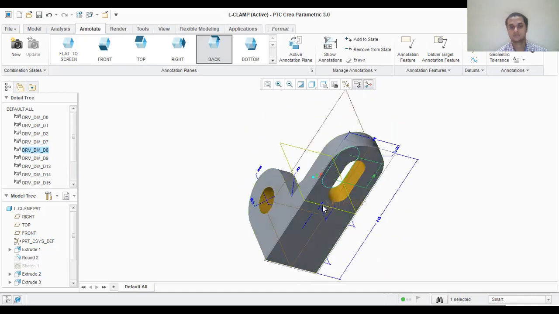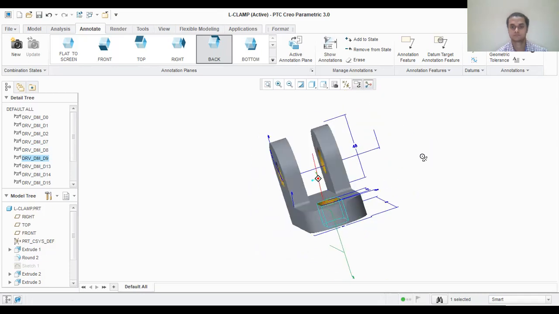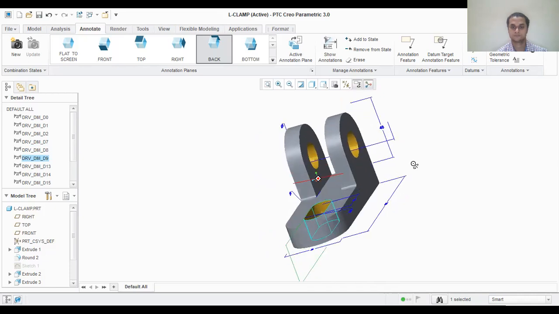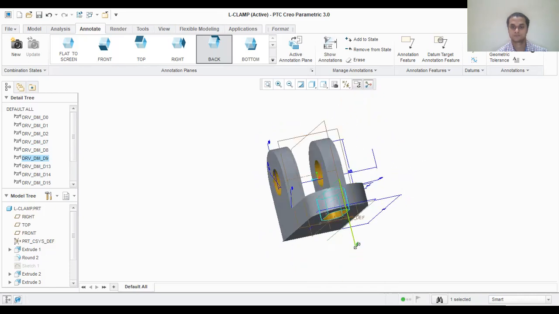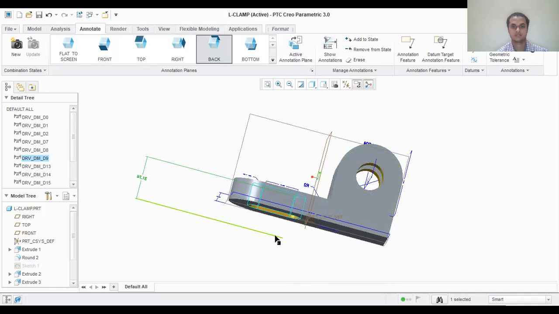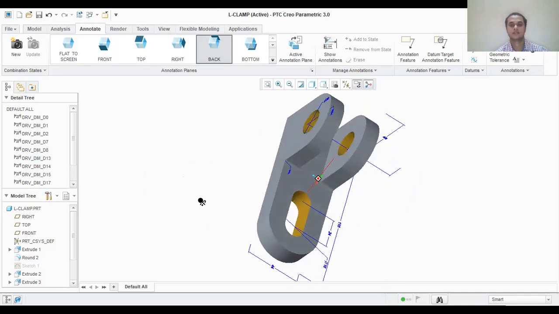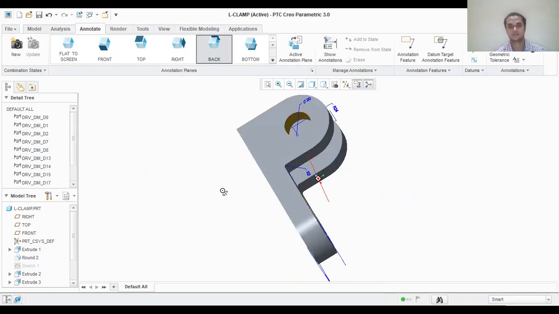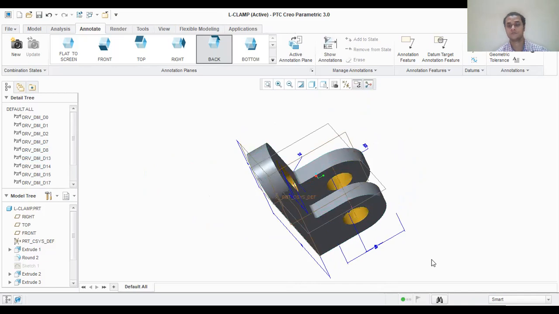So a missing dimension will be at the back. So this dimension, I can drag it here. I don't know what this dimension is. Okay. So it has another distance. So this distance, this depth it is showing. So this depth we don't need. So I'll click on delete for this dimension. We gave more than the depth, so the situation is shown like this. So it has been completed.